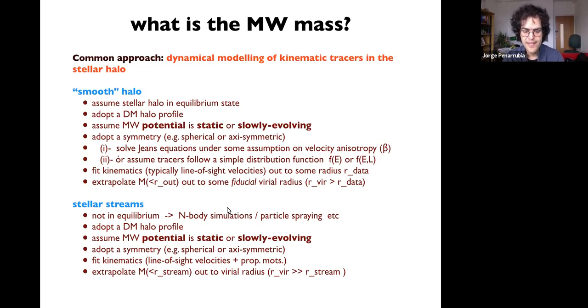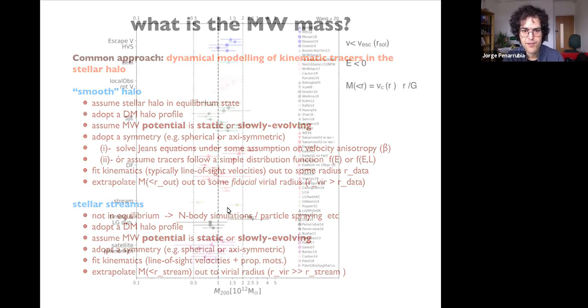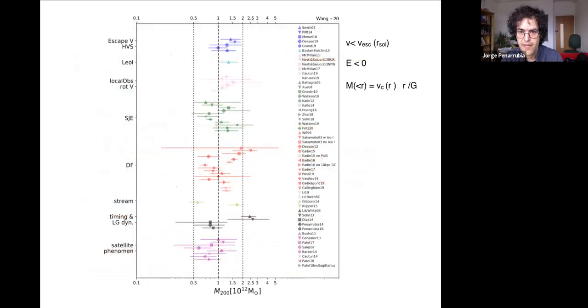So this is a slide. I'm going to show you a paper from Wang et al. 2020, who very nicely compiled the Milky Way mass measurements for the last 10 years or so. He divided the measurements according to the technique used. So you have, for example, local high velocity stars. And the idea here is that the velocity of the stars in the solar neighborhood cannot exceed the escape velocity